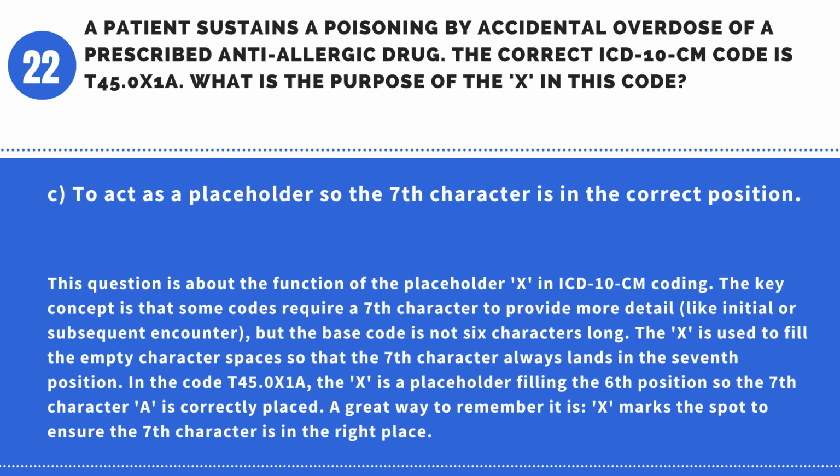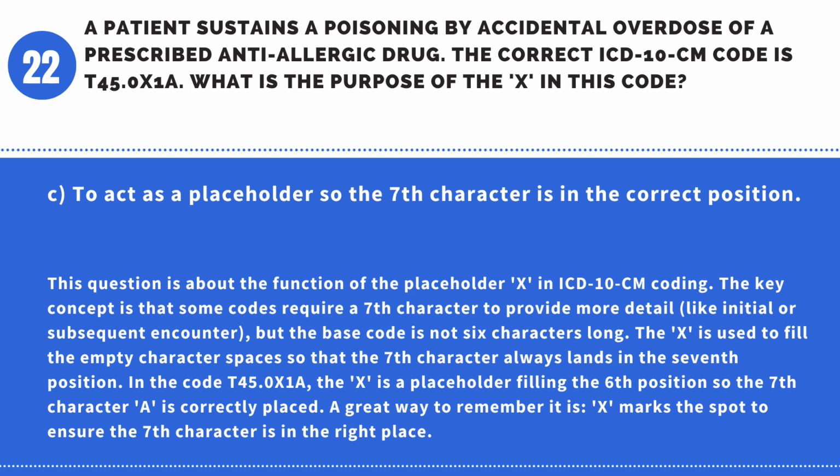Answer: C. To act as a placeholder so the seventh character is in the correct position. This question is about the function of the placeholder X in ICD-10-CM coding. The key concept is that some codes require a seventh character to provide more detail, like initial or subsequent encounter, but the base code is not 6 characters long. The X is used to fill the empty character spaces so that the 7th character always lands in the 7th